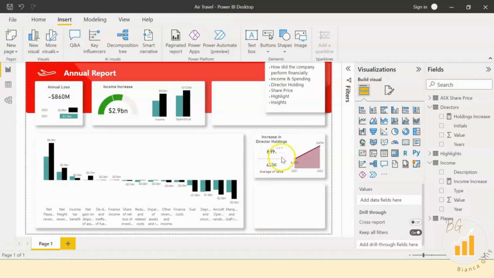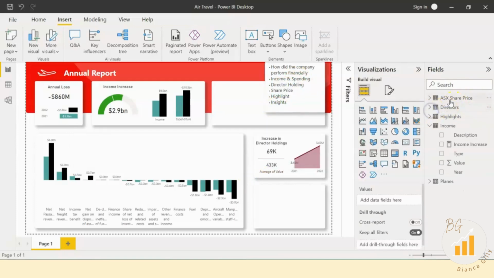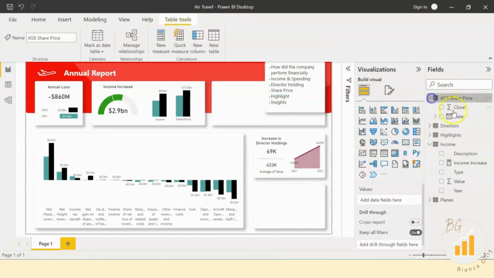Okay, I like that. Bring that one down. Okay, good. So we've got our director holdings, we've got our income and spending, our share price. So, over here in our ASX share price,